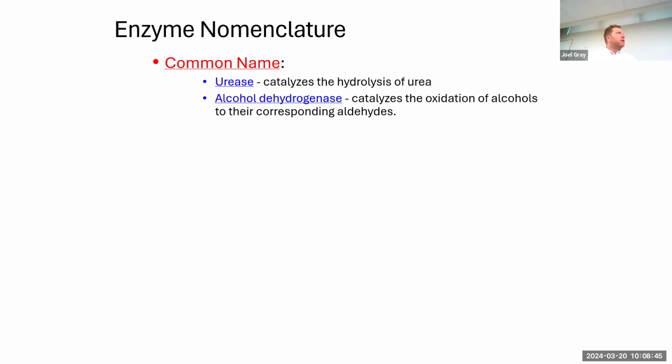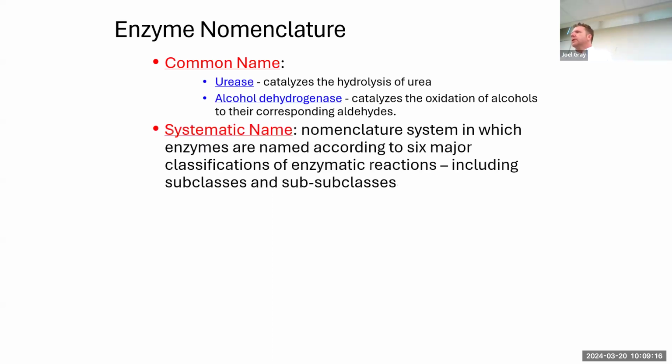People who have lower ADH levels, typically if they have a beer or 2 beers or 6, what's going to happen to them is their face is going to get kind of bright red. And they're going to have that tell very quickly. They'll also probably have the tells of slurring their speech and stumbling and everything like that. But from an enzymatic standpoint, alcohol dehydrogenase is going to take ethanol and catalyze it into an aldehyde. Urease and alcohol dehydrogenase are two examples of common names. I do not expect you to know those common names.